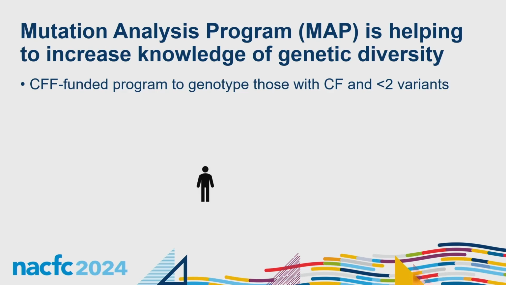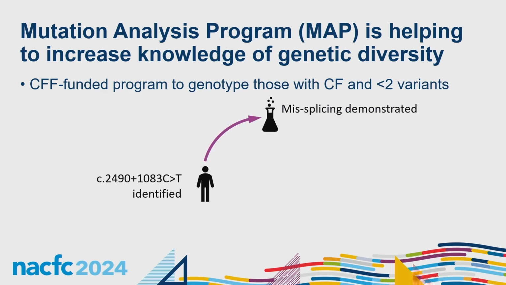So here's my example. There's a patient referred to MAP. This patient had one known variant. MAP found another one. This is an interesting deep intronic variant that had not been reported before. As follow-up to MAP, Dr. Neeraj Sharma in our lab has a functional testing grant, so he was actually able to test this variant in the lab and determine that indeed it does cause missplicing and is very likely the second causal variant for this